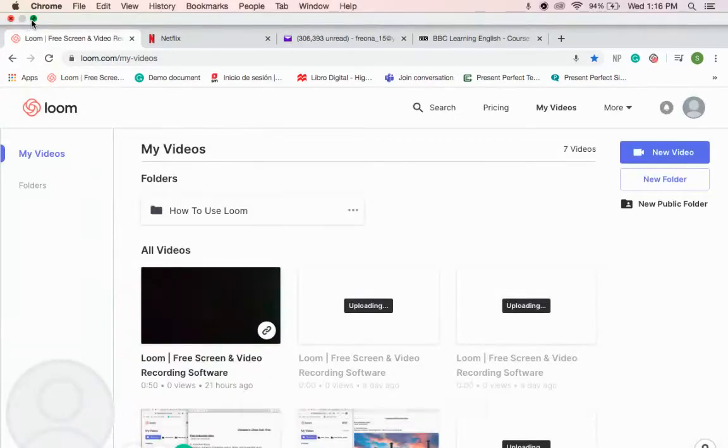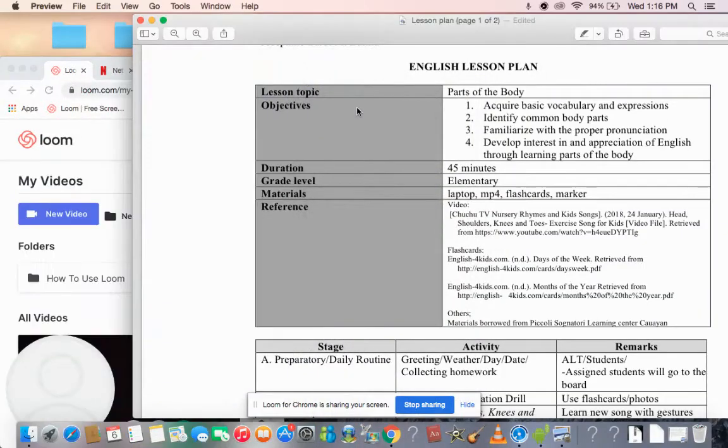For today's lesson, we're going to learn about making your own lesson plan. So remember, there are many kinds of lesson plan, but for today, we're going to tackle only the semi-detailed lesson plan. The semi-detailed lesson plan is enough for you to submit when you're doing demo teaching,